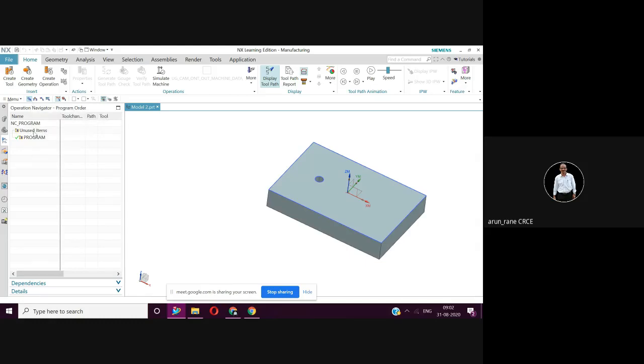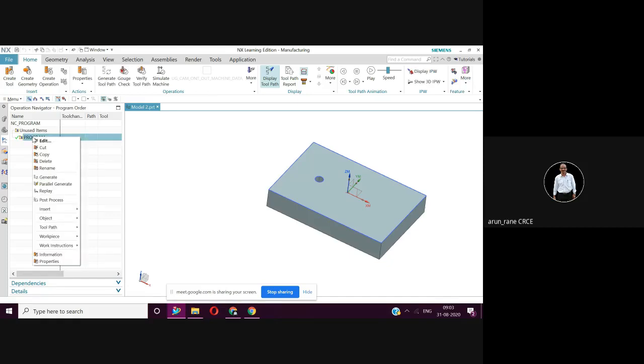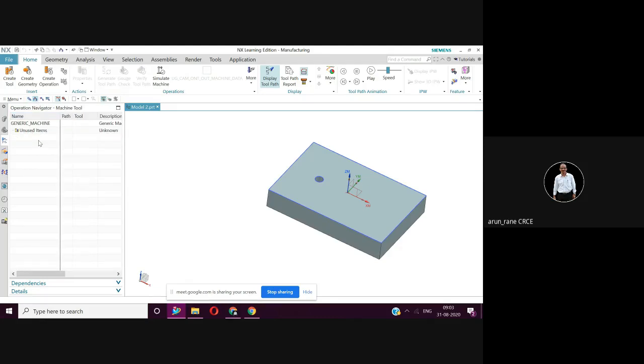The program name is NC program, under which I have given another name, program itself. You can very well rename it also. Just right click and rename it to whatever you want. Then the most important thing is you have to create the geometry.